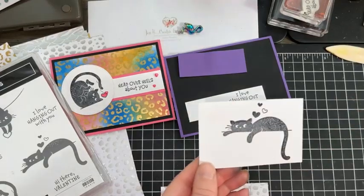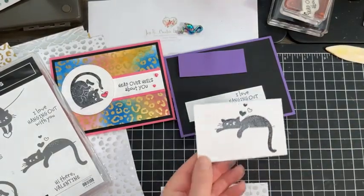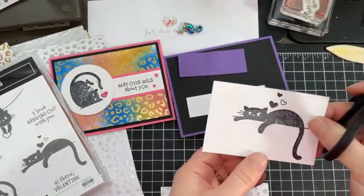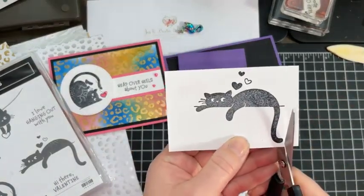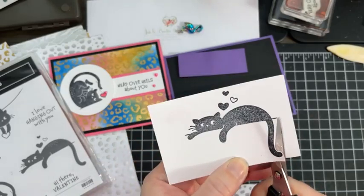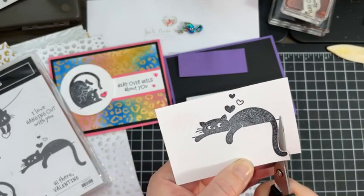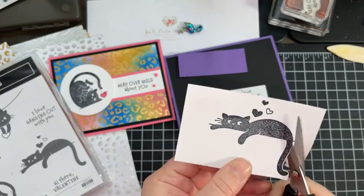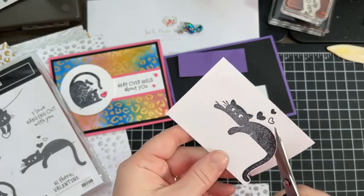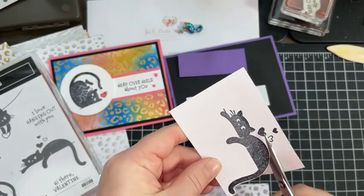And then we're actually going to take our paper snips here. I do wish there were dies for these, but unfortunately there's not. So we're going to just come in around the edges. You can leave a little bit of white or not. Just do the best you can with fussy cutting here. All right, I realize that's not everybody's cup of tea, but at least the